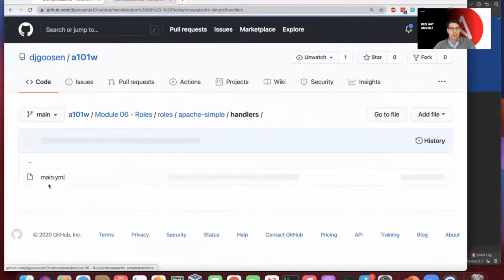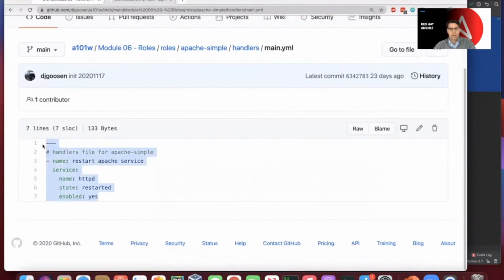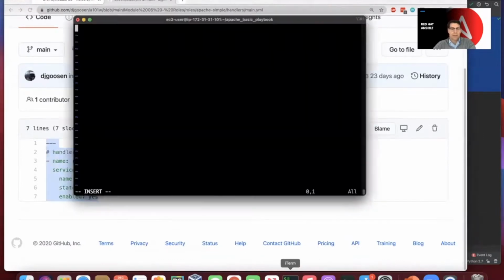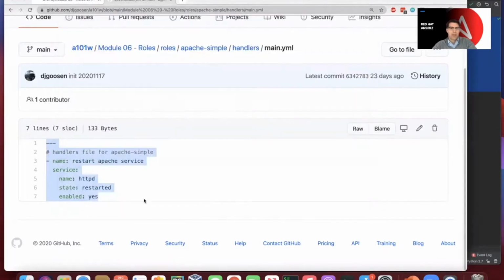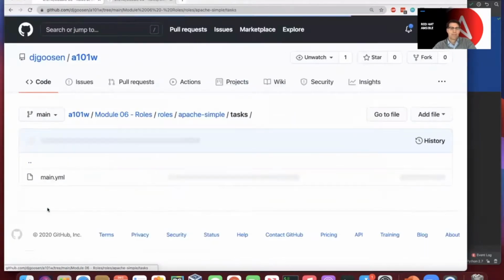So the next is the handlers. And so we can go ahead and copy this out. Once again, we've seen handlers previously. We've made this change here. So now we have defaults and we have handlers, and we should be able to take the next one, tasks,